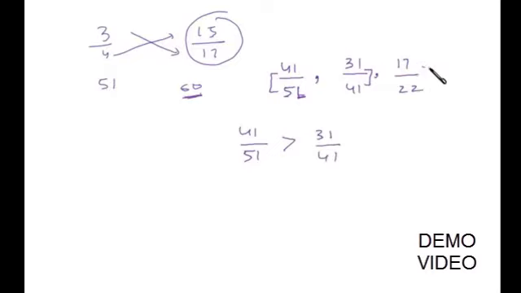Now the third case, here we see the difference between these two is 5. Here the difference between these two is 10. Now what? You can make this difference 10 by multiplying the numerator and denominator by 2, right? Since we are multiplying and dividing the fraction with the same number, finally there is no change in the value, but the comparison will be an easier task, right? So it is 34 by 44.